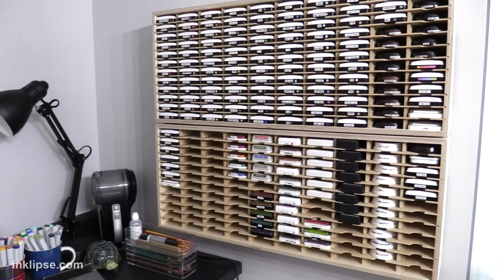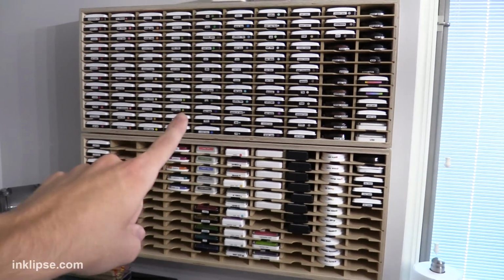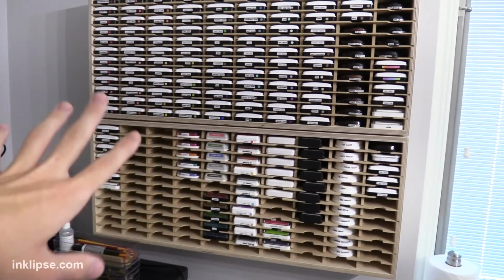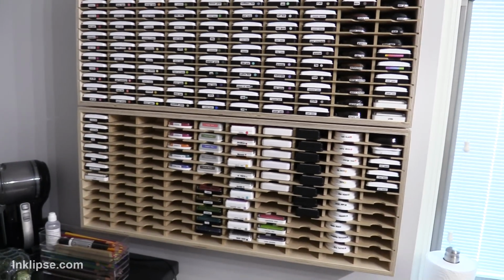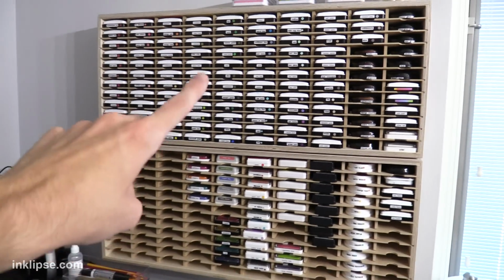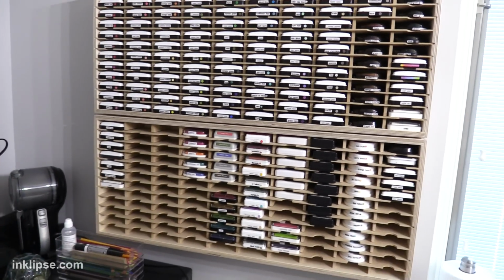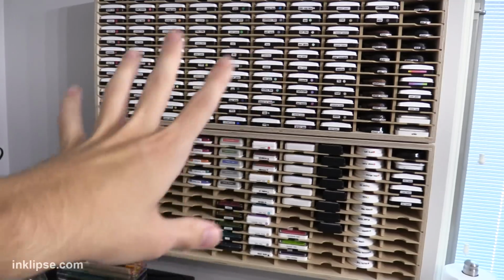here. I really invested in this and got some stamp and storage units. So these are the 120 ink storage units, and I have 2 of them on the wall there. They're really worth it, I would definitely say. Even if you get a smaller unit or whatever, the stamp and storage units are awesome. They're made out of really nice solid wood, and they've got a great construction. And even though this is super heavy with all those inks on it, it's got a really great storage or a hook system on the back. So it really hooks onto the wall nicely when you hang it up, and it holds all these really heavy